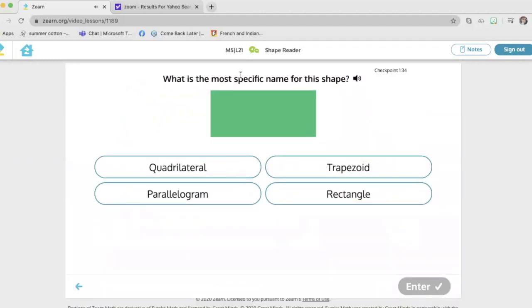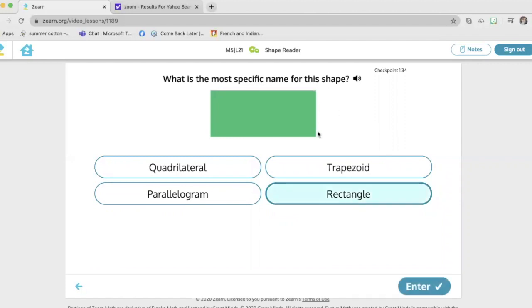Okay, and when it asks for the most specific name, sure, this is a quadrilateral, but there are a lot of shapes that could be considered a quadrilateral because they have 4 sides. Sure, it could be a trapezoid because it has at least one set of parallel sides. Sure, it could be a parallelogram because it has 2 sets of parallel sides, but the most specific would be